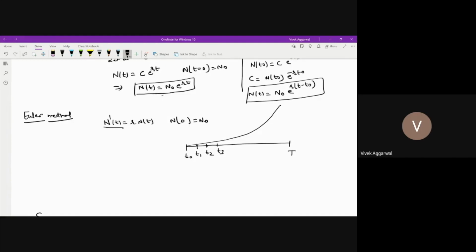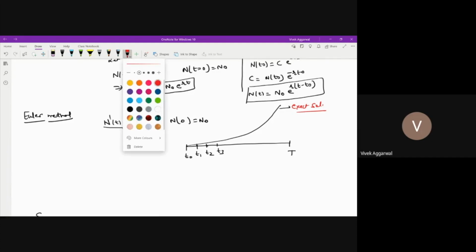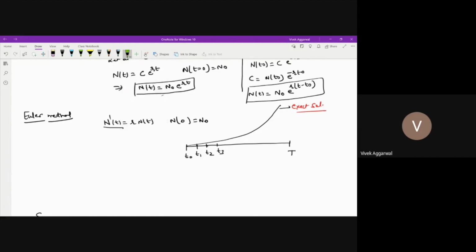So this is an analytical solution, which I can write as the exact solution. It is defined for all t, but I will try to find the solution not for all t, but at these points, because numerically we can only find the solution at some discrete times.